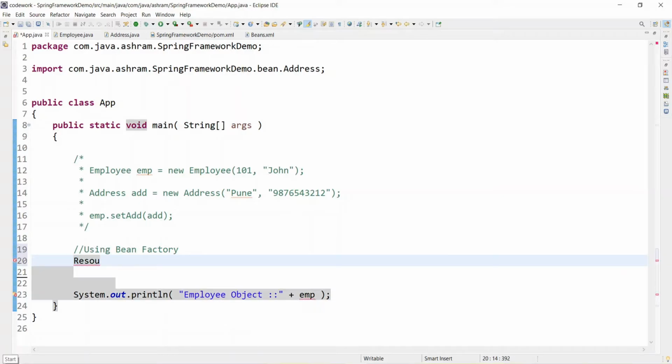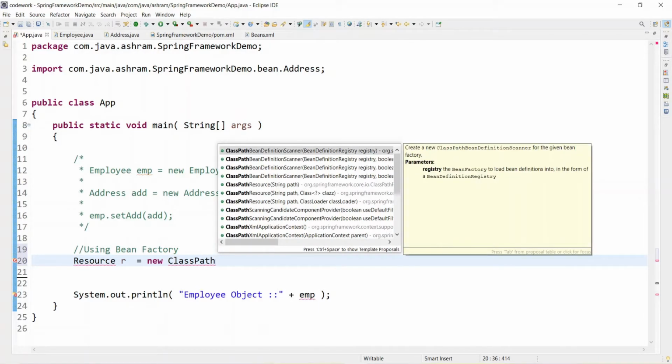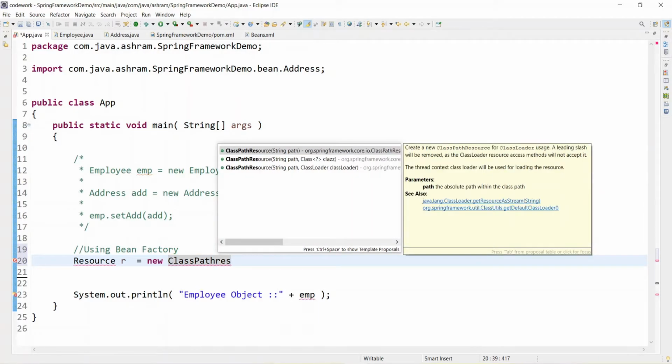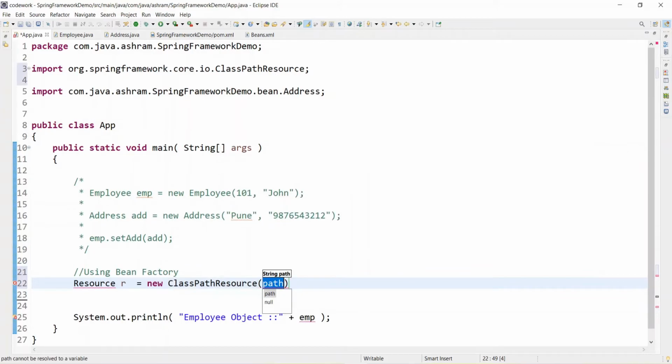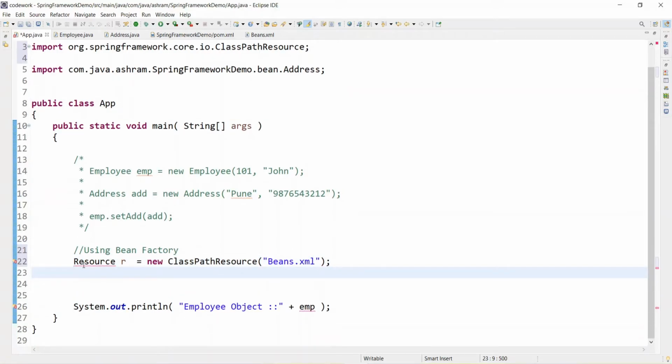You need to just create a resource first. Resource r is equal to new ClassPathResource. I need to give the path where you have kept your bean. We have kept it in the default folder, so beans.xml, so it will take it from the source folder. So this is done, you got the resource.